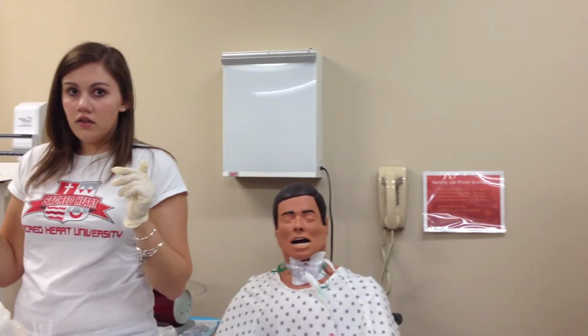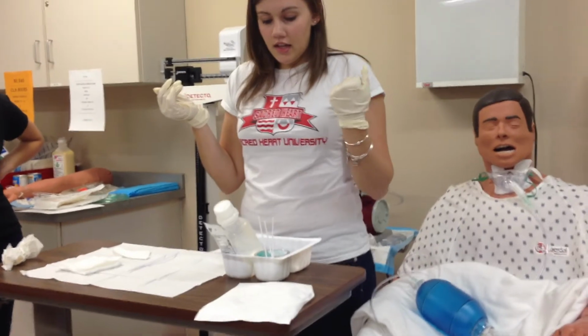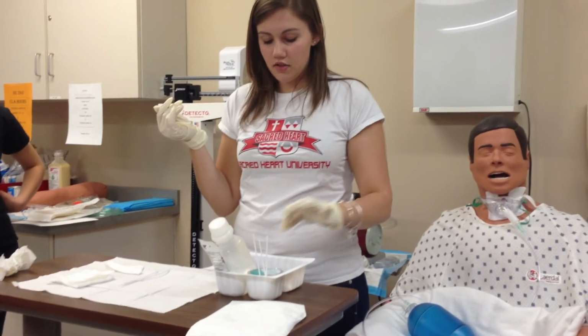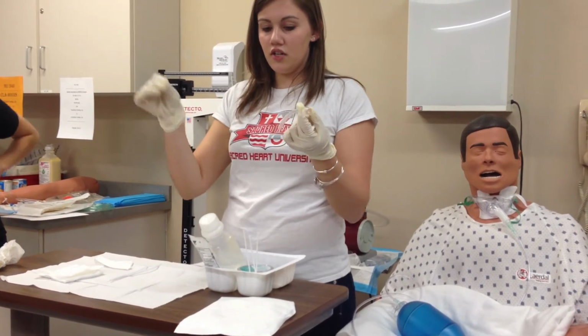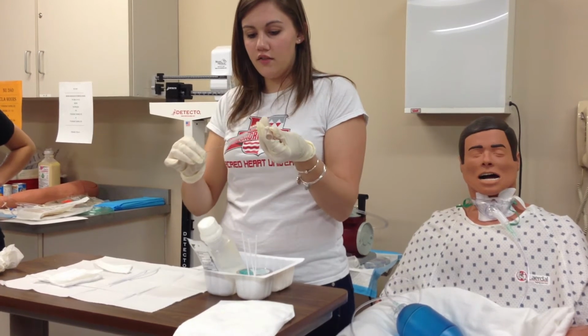And I would just put their oxygen back on. So you keep your dominant hand sterile right now? Yes. Okay. So now what I would do is, first, I want to do this. So now we take this out of the hydrogen peroxide and you take this with your sterile hand and you want to go in and clean it, which this is kind of awkward